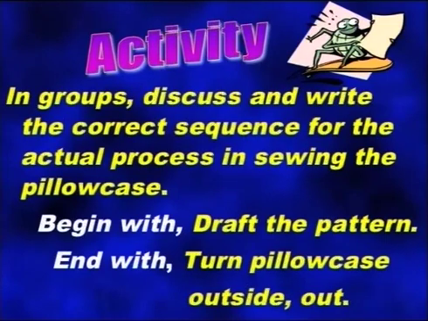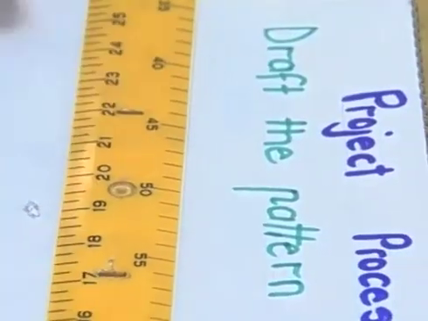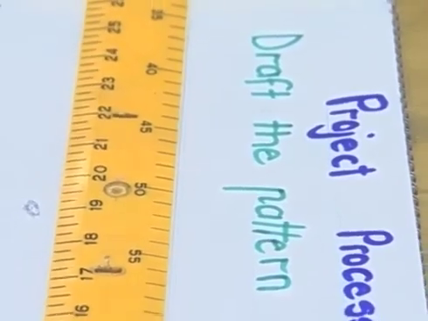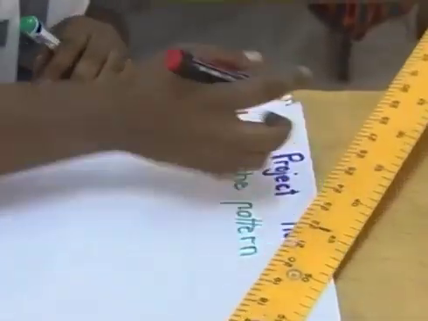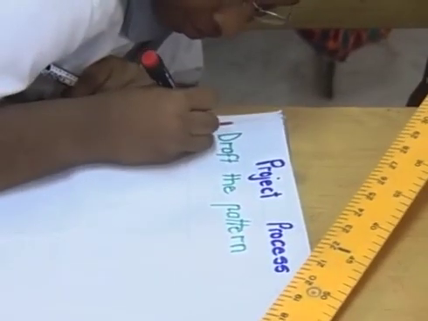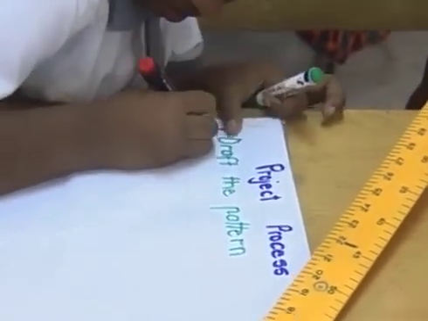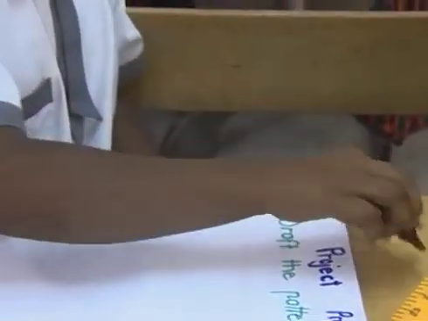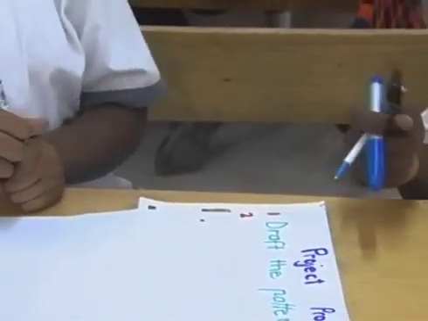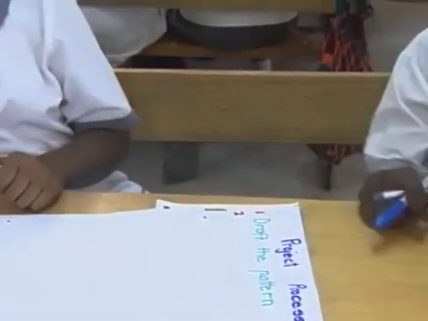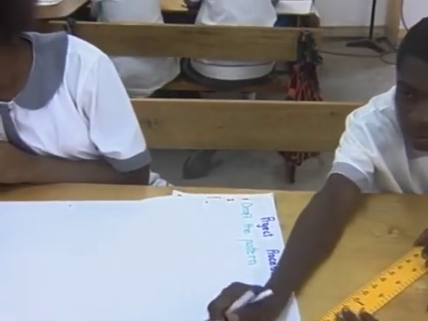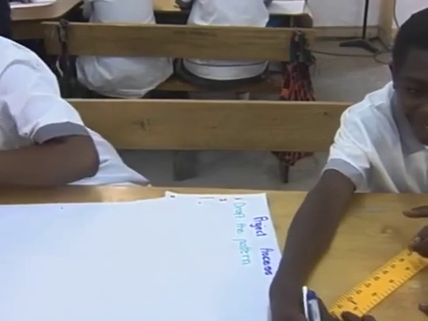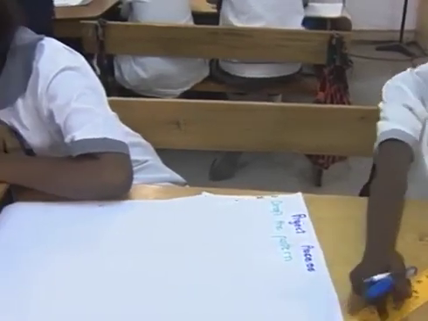Not back stitch. What was slip hem? So you say draft the pattern, okay, and cut the pillowcase. 2, 3. You say slip hem the opening of the pillowcase. The next one, what happened after slip hemming? You say backstitch the sides. Okay, so you just write backstitch the sides, and next,